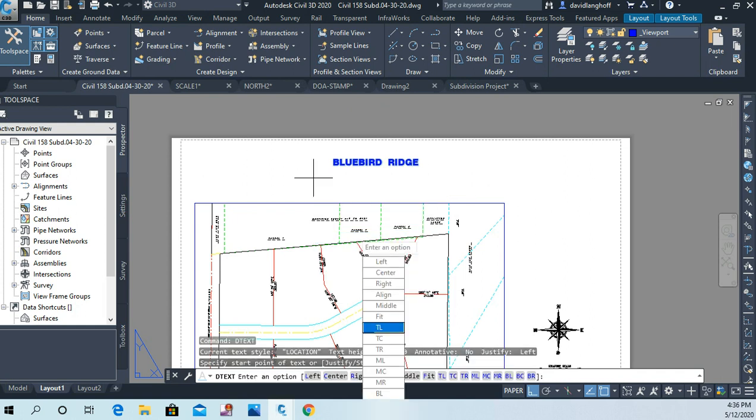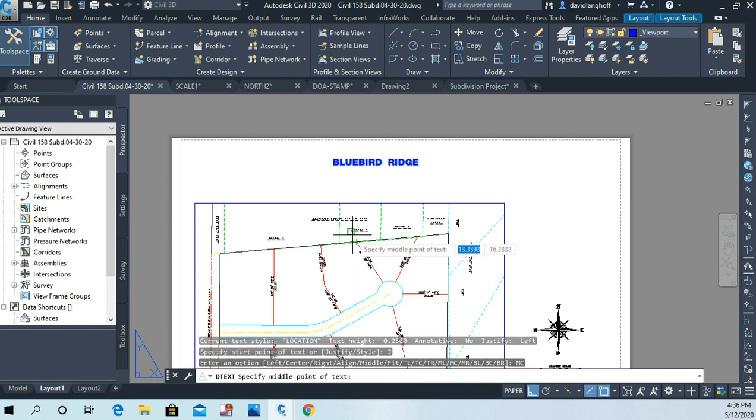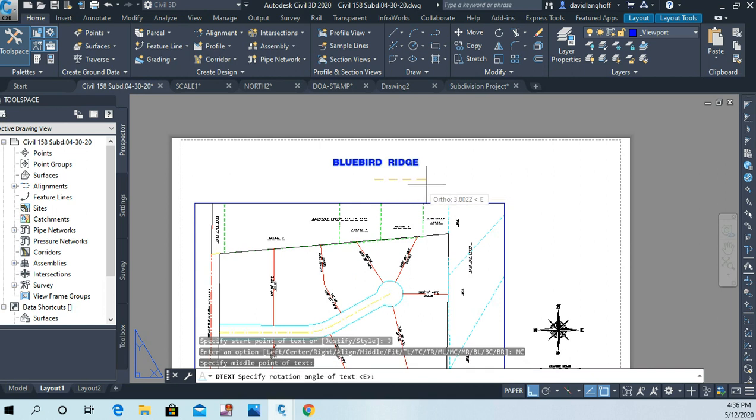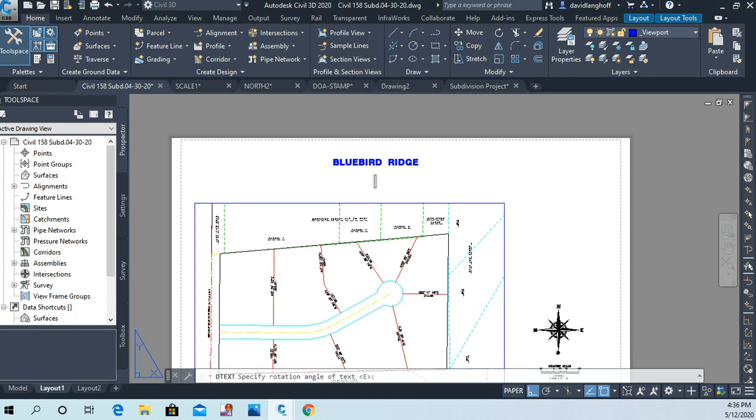And then I'll just say middle center, and I'm going to pick a point like right here. Again, define the direction of the text, and this one's going to say being a part of